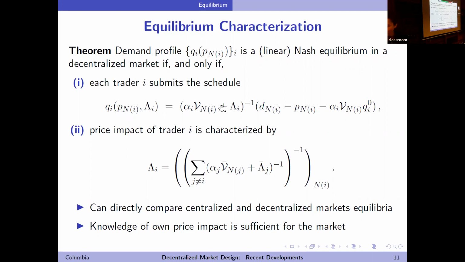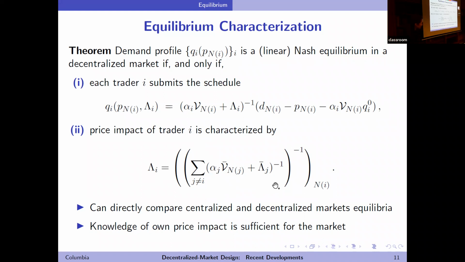I guess we have 6 minutes, so let me just finish off with building some intuition behind this condition. The summation here aggregates lifted demand schedules. It's taking only the demands from the exchanges where trader I participates, as it should, from traders J different than I, to define trader I's residual schedule.